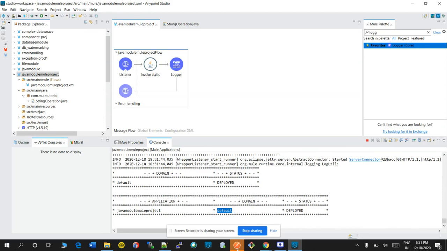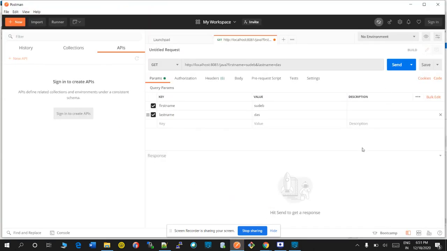So now go to Postman. Sending query parameter and concatenating first name with the last name. Here is the host, HTTP localhost. Protocol is HTTP, localhost and port was 8081 and path was /java.